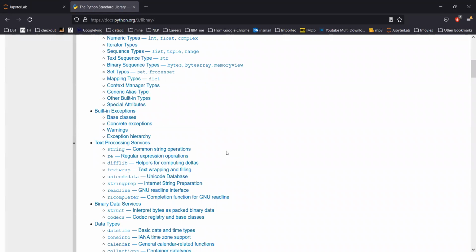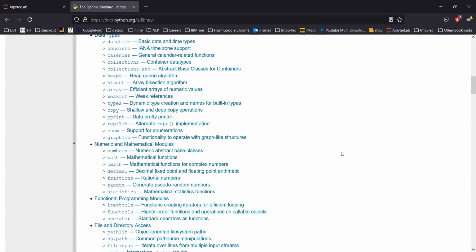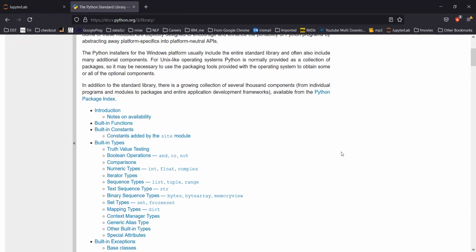So whatever functions you are using, like int, list, float, tuple, these are actually functions which are provided by Python. So Python hides all the complexity from us. By using simply float, it is converting a string into a float. By using simple int, it is converting any string to an int. So that is also a function provided by Python. Print statement is a function, len is a function. Most of the things in Python are functions.